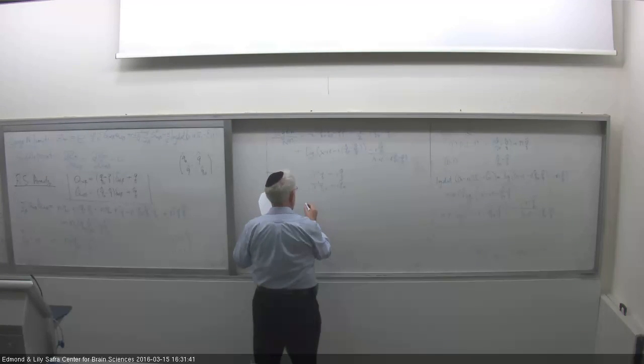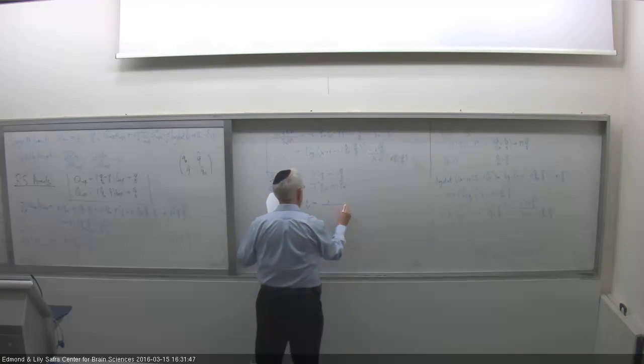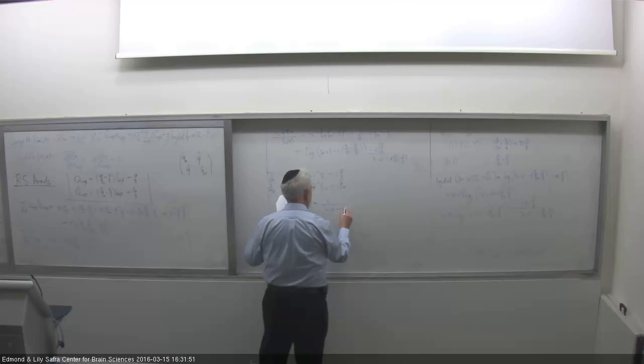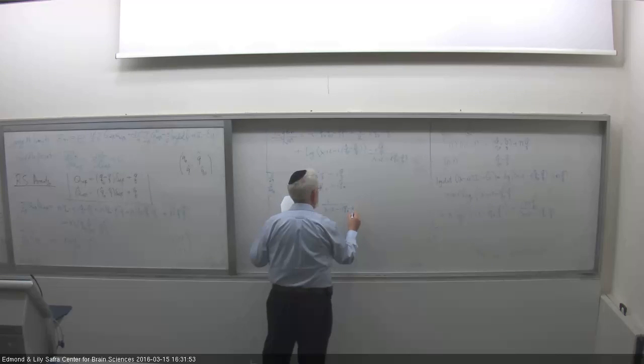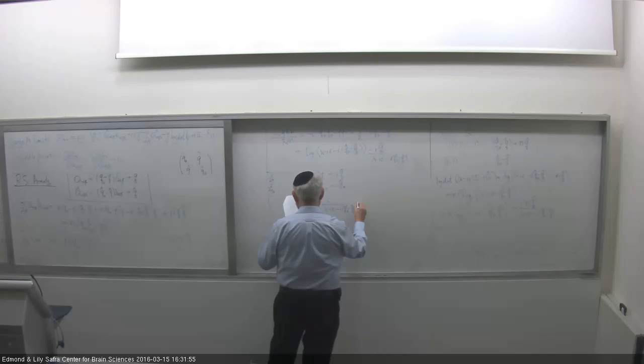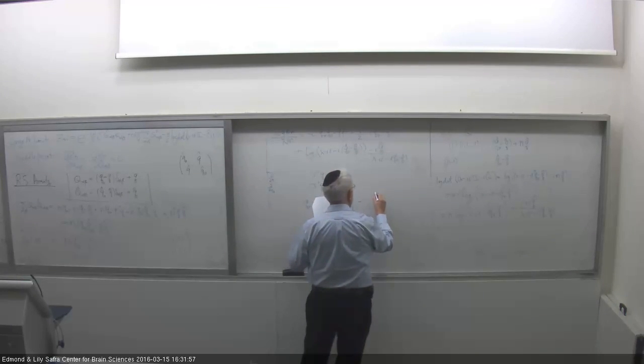And I'll just give you the result. I Q0 equals I divided by lambda minus I epsilon minus I Q0 hat minus Q hat, and then